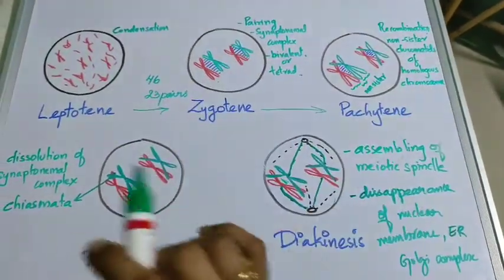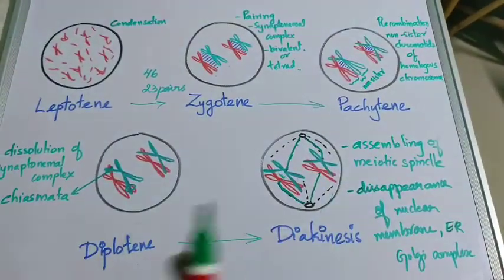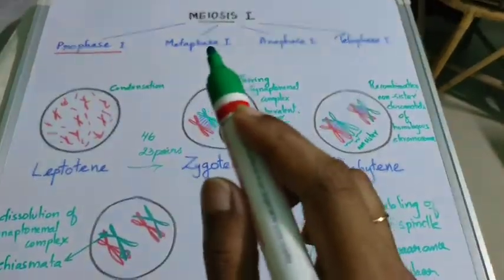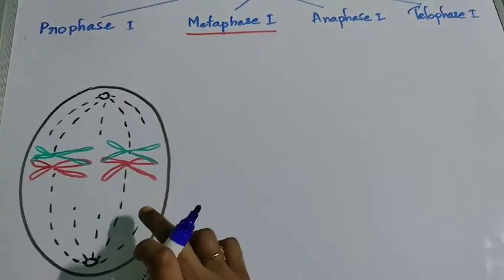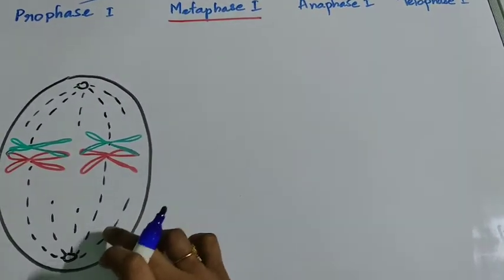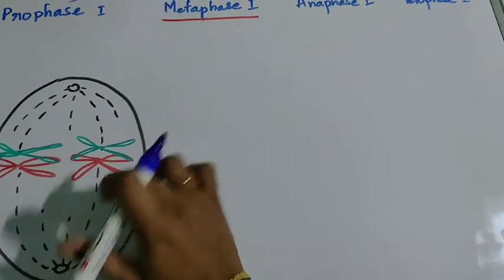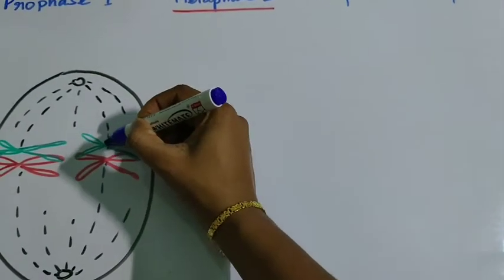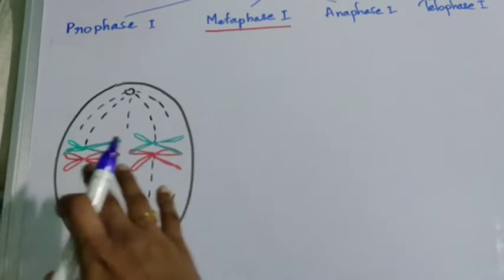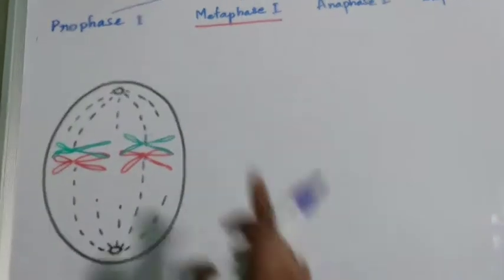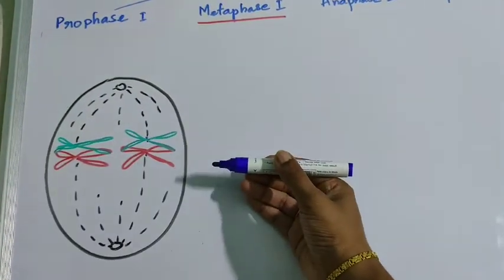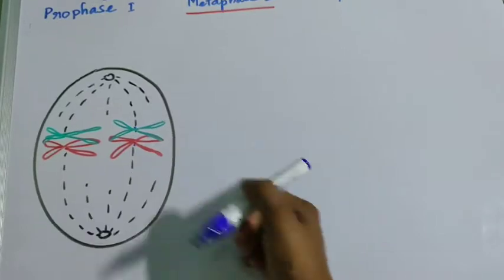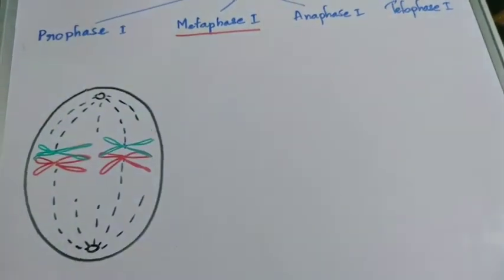So which are the different stages? Leptotene, zygotene, pachytene, diplotene and diakinesis. Let us move on to metaphase 1. During the metaphase stage, because of the action of the spindle fibers, because of the movement of the spindle fibers which have been attached to the kinetochores of the homologous chromosomes, these homologous pairs are now brought to the equatorial plane of the cell. Okay, the homologous chromosomes are now aligned at the equatorial or the metaphase plate of the cell. That is what happens during metaphase.